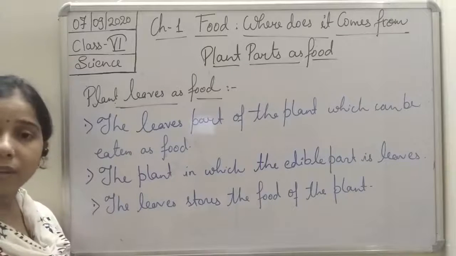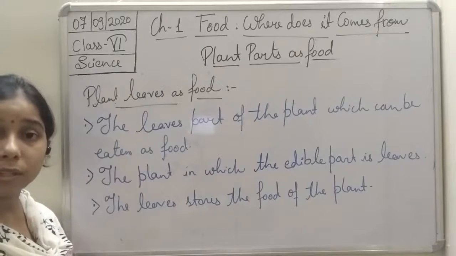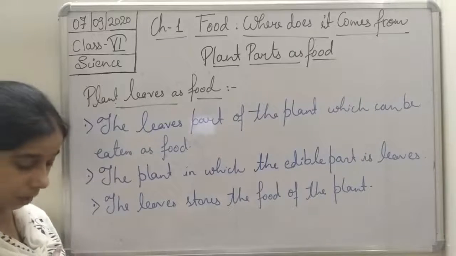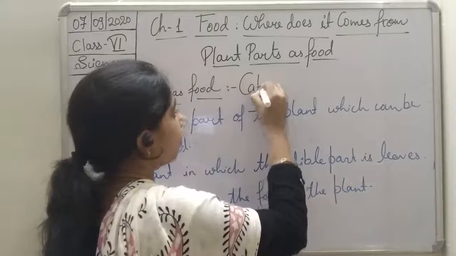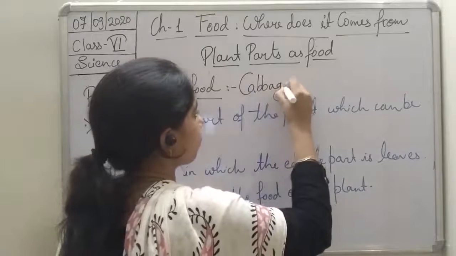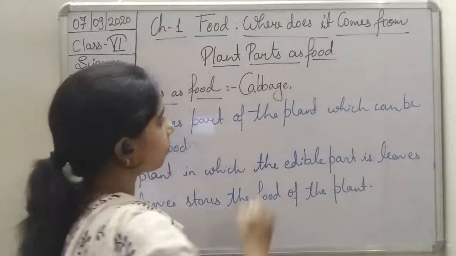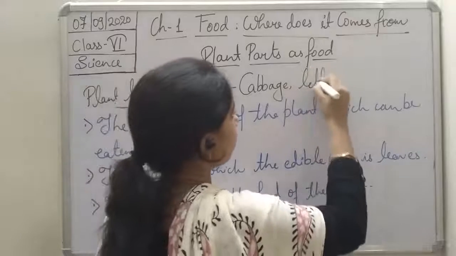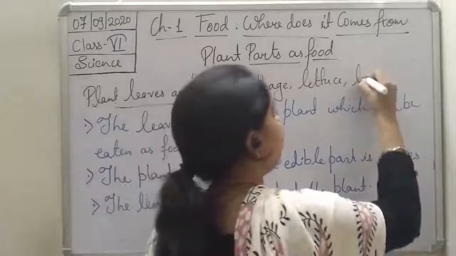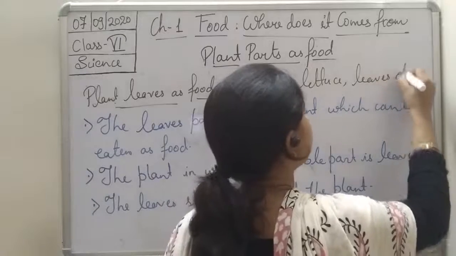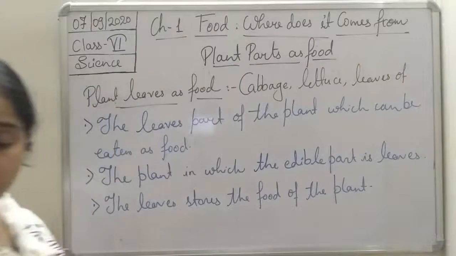So what are the different kinds of plants, students, in which we eat the leaves of that particular plant? So you see, cabbage is there, then lettuce is there, then leaves of mustard plant,